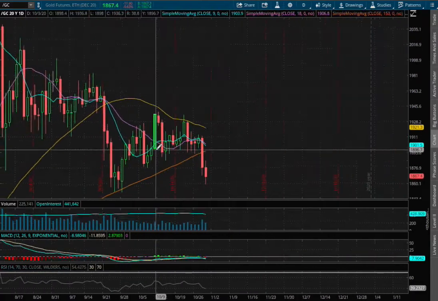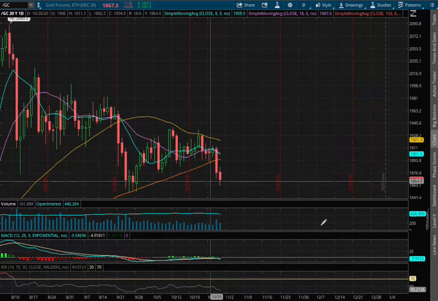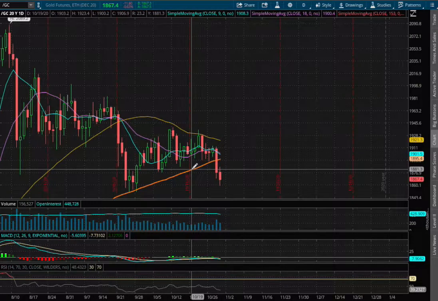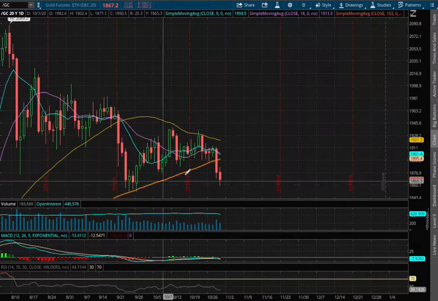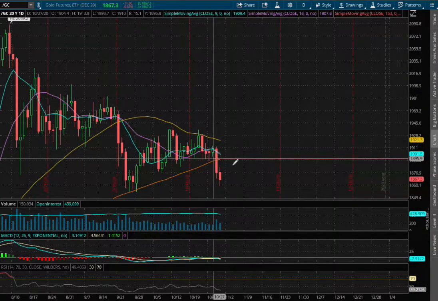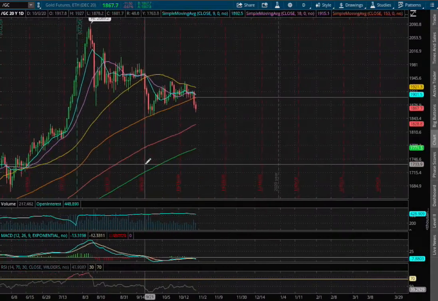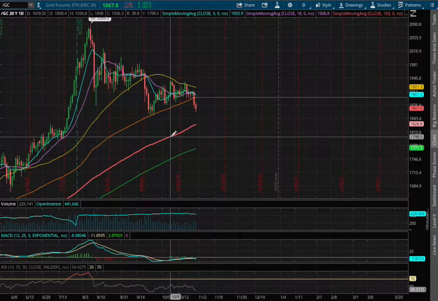So if we extend out a bit, we remain below the 100-day moving average, this orange line, which will act as our resistance, which in the past acted as our support, and since we're now below support level, that will act as our resistance, and that is at the price of $1,895. And as for our next support level, that will be the 150-day moving average, this red line, at the price of